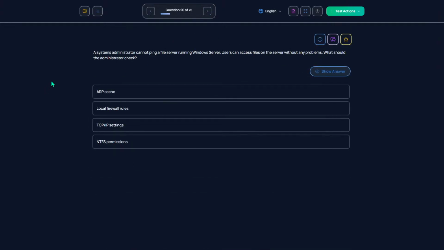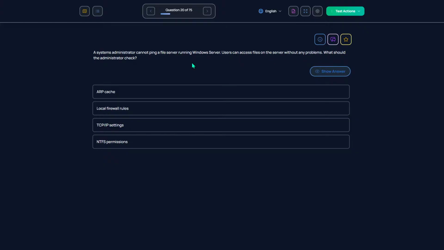A system admin cannot ping a file server running Windows Server. Users can access files on the server without any problems.